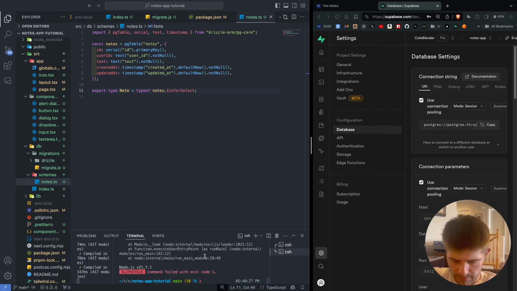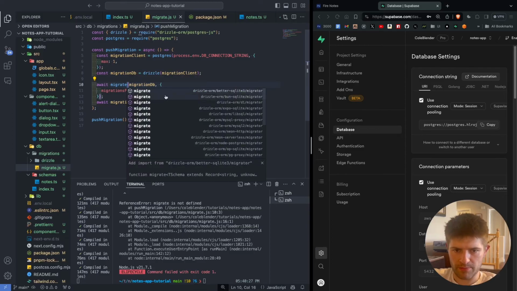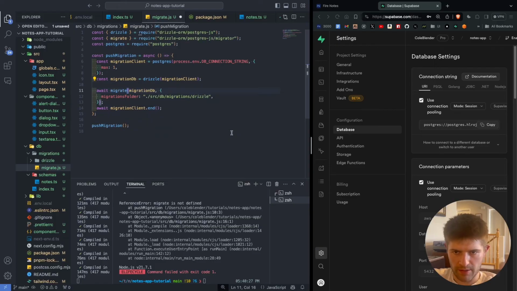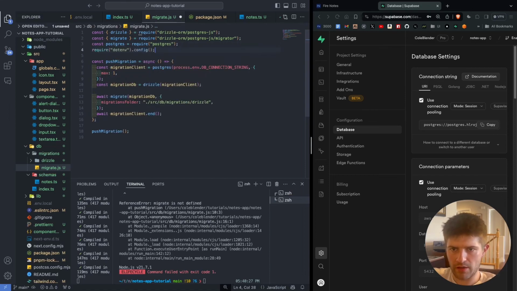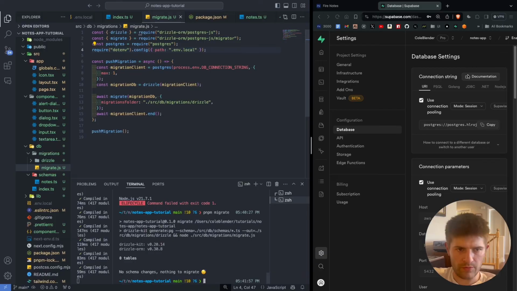It's not going to work. We got to come back here to this migrate.js and we got to add a few things. First, we need to import this migrate from, let's see, from this one right here. And then we also have to require .env config, and then we're going to also set the path to .env.local. So now when we come down here and we run pnpm migrate, now if everything works correctly, we come over